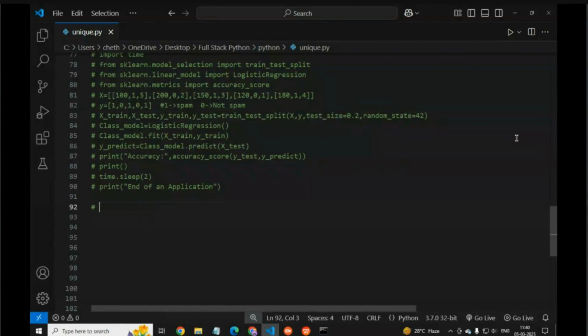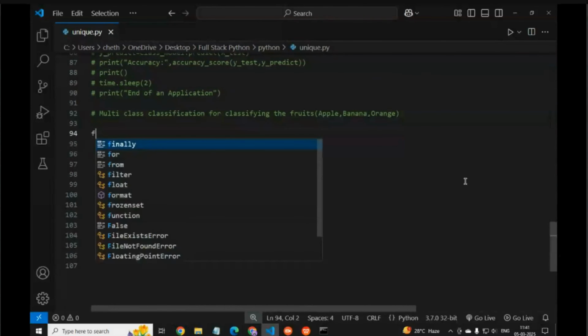Now we have to see multi-class classification for classifying the fruits. So fruits means it is apple or banana or orange. We have to classify on this data.